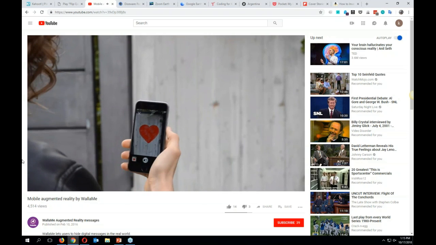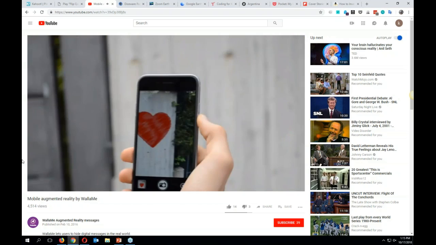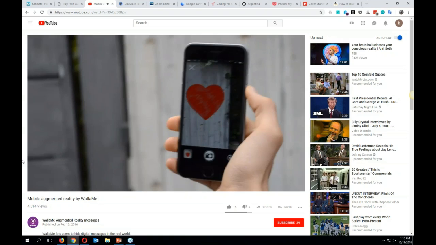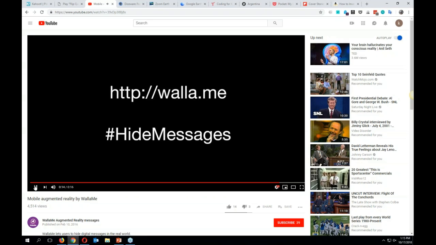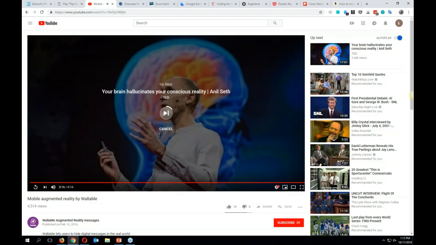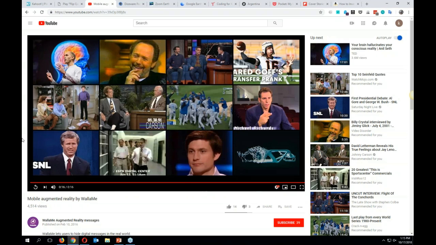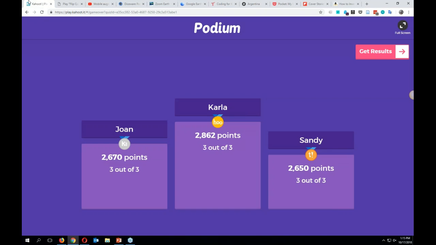You can see this woman is looking at an image of a heart on the wall. It's not really there. It's just graffiti, internet graffiti, so to speak, that people can find. So what comes to mind immediately for me here is that we could do some sort of search, like a scavenger hunt, find where the WallaMe images are in the library, look near the kids fiction, look near the nonfiction, look near the mysteries, and help people get to explore the library that way and find new areas. Maybe even put them on a book itself.